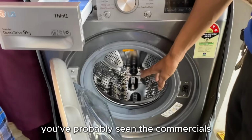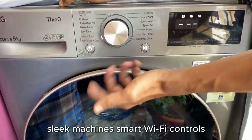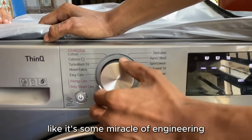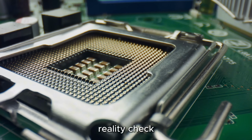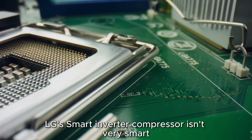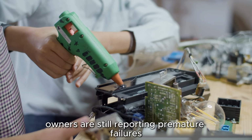You've probably seen the commercials. Sleek machines, smart Wi-Fi controls, inverter direct drive, plastered on the sticker like it's some miracle of engineering. Reality check? LG's smart inverter compressor isn't very smart. Owners are still reporting premature failures,